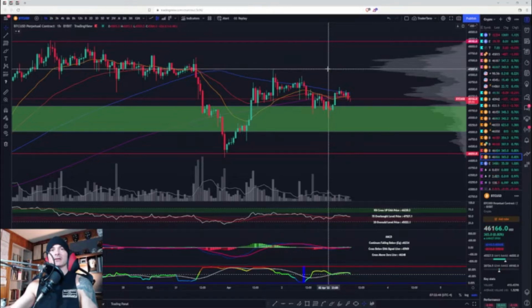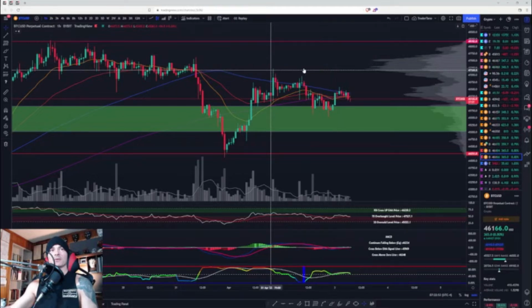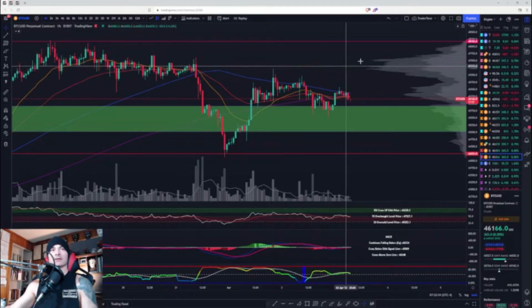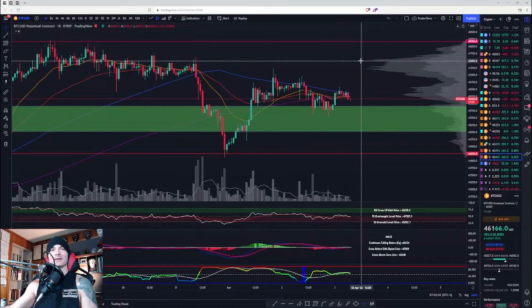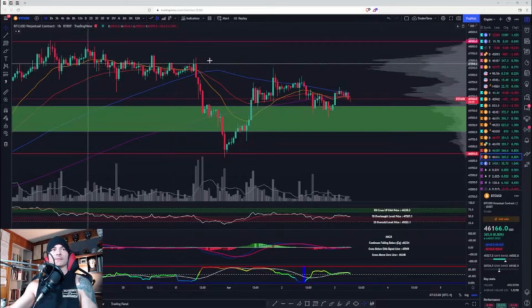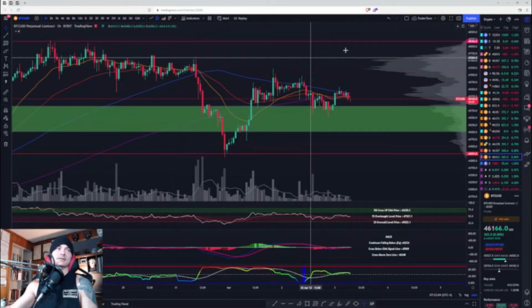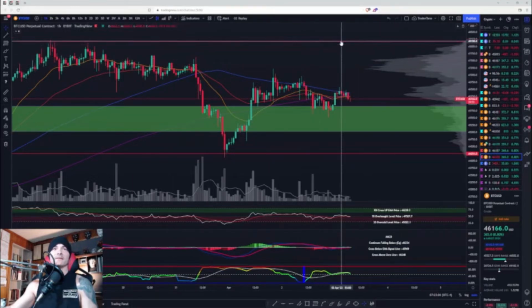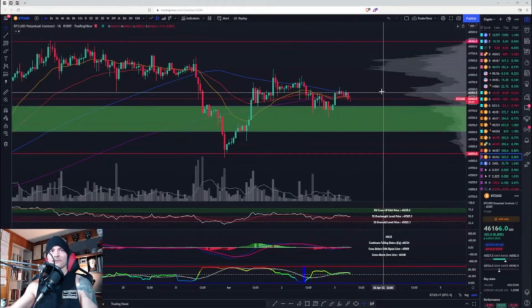So I would see us going up to 47,200, basically the last high of this wick, but I think we would make it on a closure. Maybe even 47,490, basically the middle of this last range. But if that happens, I see us getting above 48,000 on a closure.